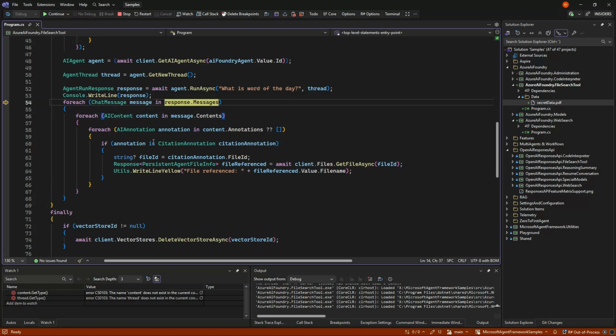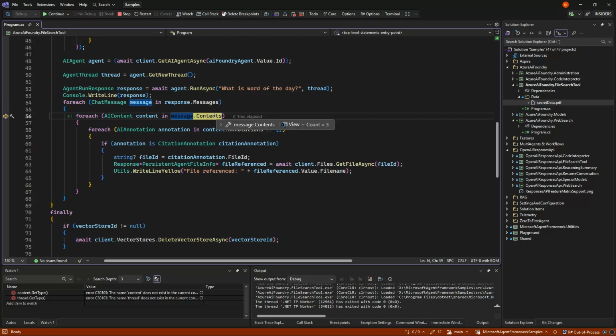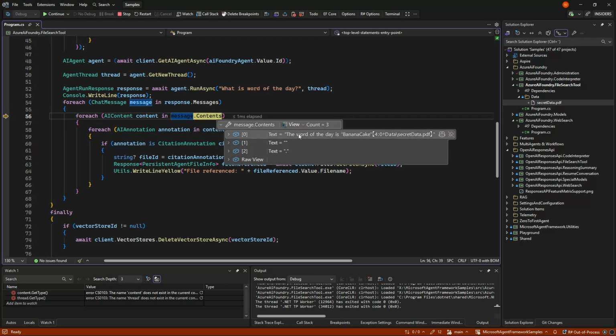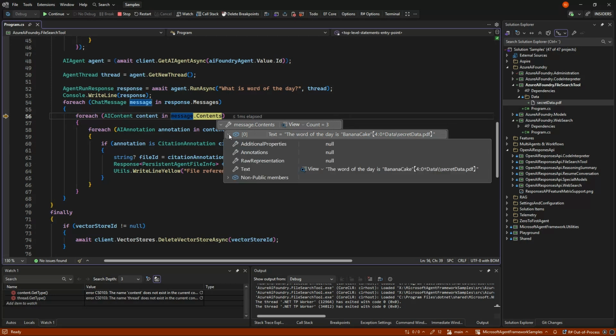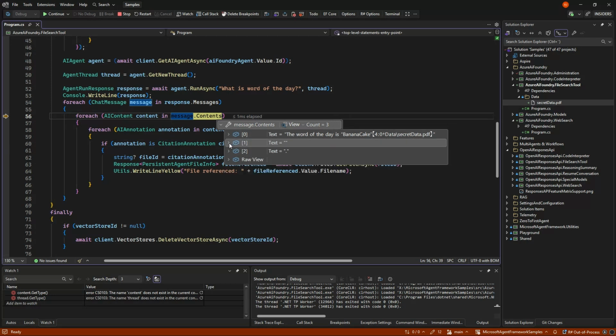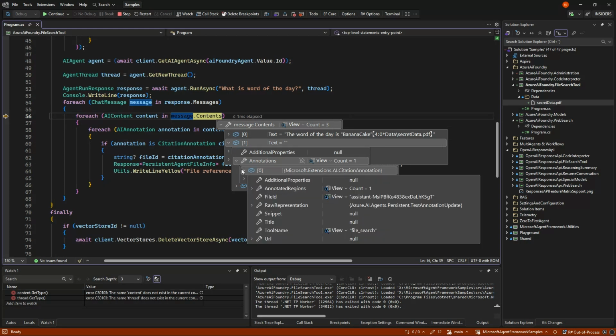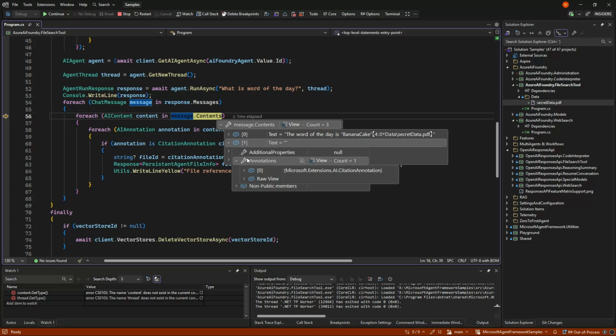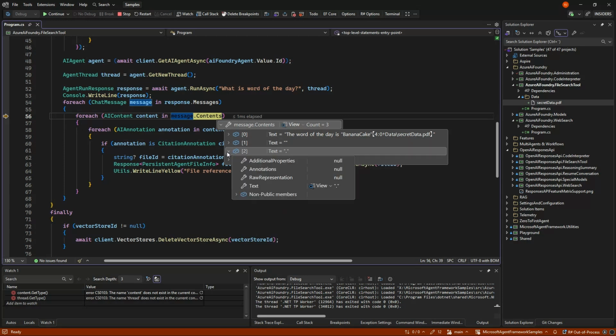And the annotation we get by looping through the messages. And then there's content. In this case, we have 3 contents. The first one was that we got the content. Then the second one is that we have an annotation, and that annotation tells that it's this file. And the final one is just a random dot because it's after the thing.